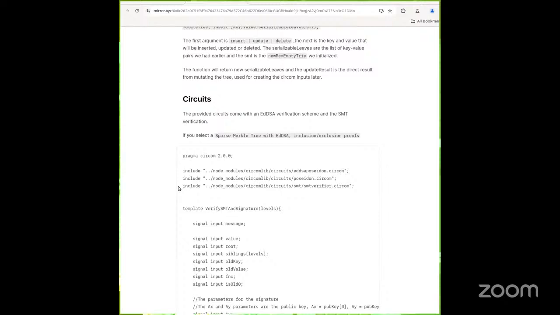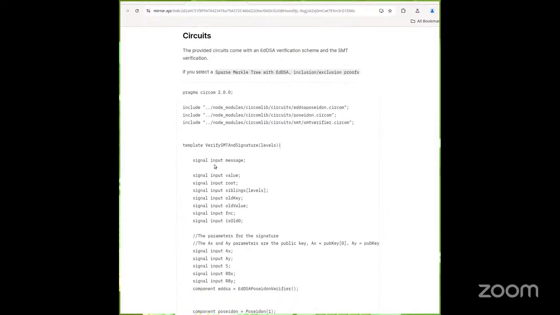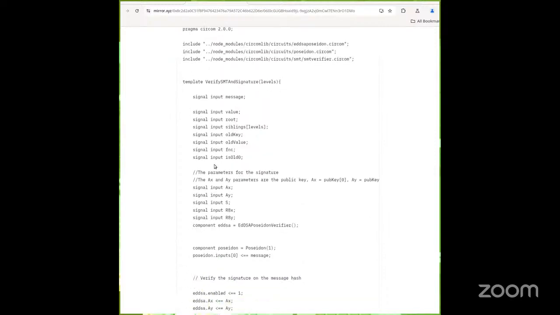And then for the circuits, it will scaffold you a circuit that has multiple purposes, and it will give you examples for many things. You can select the hashing function when you create a circuit. So each circuit can have Poseidon, Pedersen, and other hashing functions. And you can see on the screen the Circom code, which is one of the examples that can be scaffolded. It's a signature verification scheme where you verify that the signer of the message is in a Merkle tree.